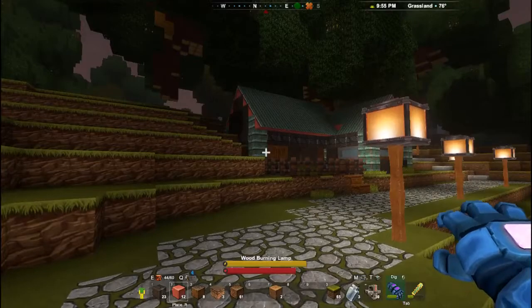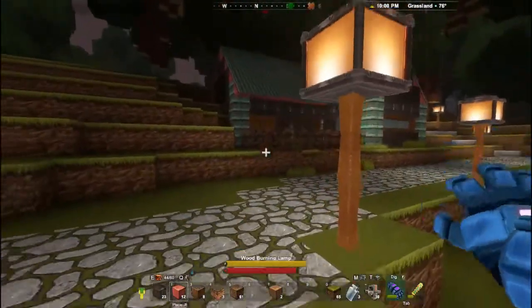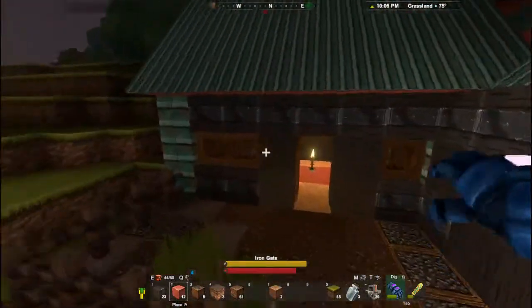I will say the blue is a little bit of a strange color for a house, but I think it's coming together. I could replace it all with copper, but that sounds like a lot of work that I don't want to do right now. My big thing is getting the windows on this, and I'm still really torn because the barred